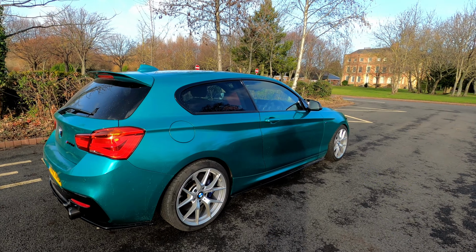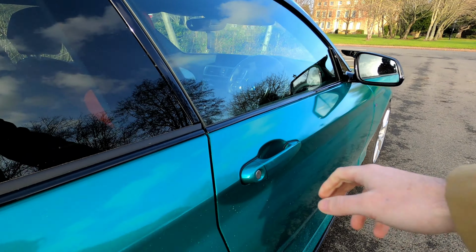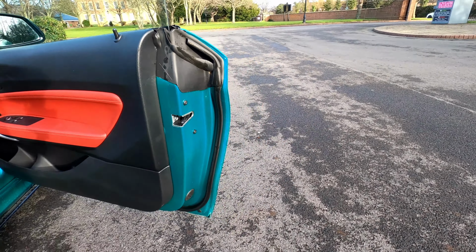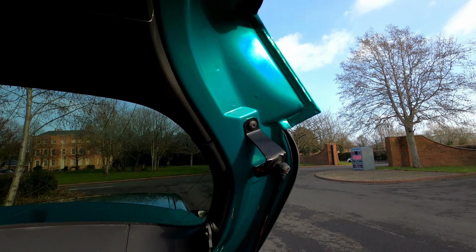But you're not here for that, so let's just take a deeper look at this wrap. Now, I have already done a video on this, but it just blows my mind every single time I open one of the doors. Yeah, it's a little bit more expensive than doing a normal colour change, but if you're going to do it, you need to do it properly, and the lads at Wrap Monkey who've done this have done an absolutely amazing job getting in all of the nooks and crannies that I didn't even think were possible